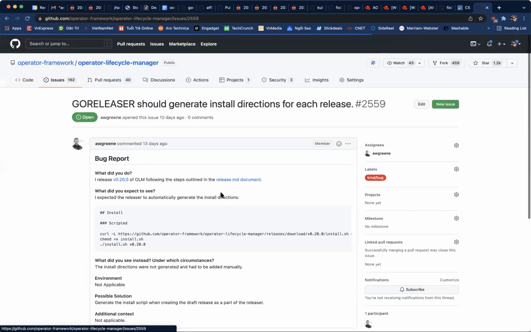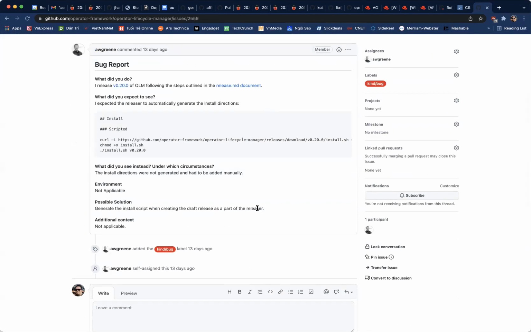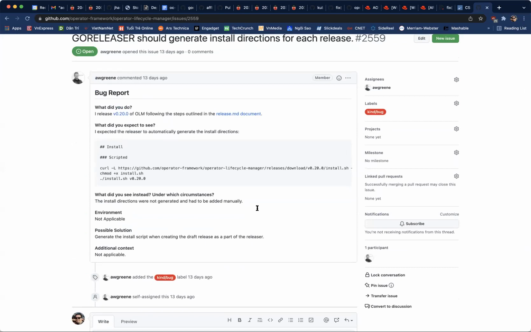Okay, so look at this Go releaser real quick. I thought this was solved already. Hi again. This is just me capturing that so the Go releaser works. It's very, very fun. You just push a tag and then you get a new release of OLM out. It's great. One thing that I noticed though is that some headings are missing from the generated file, and I